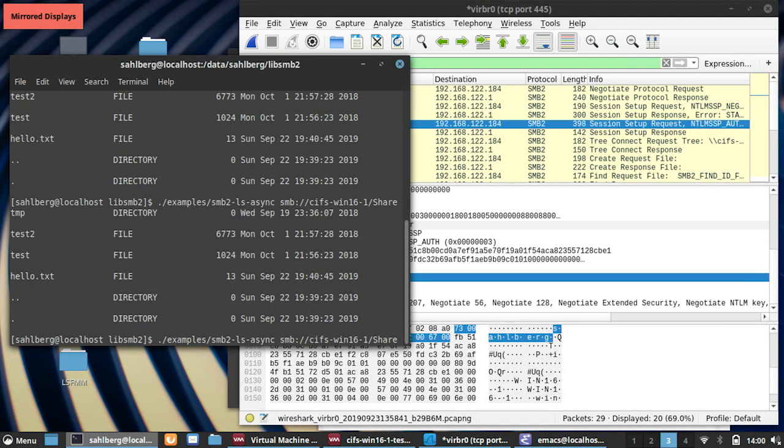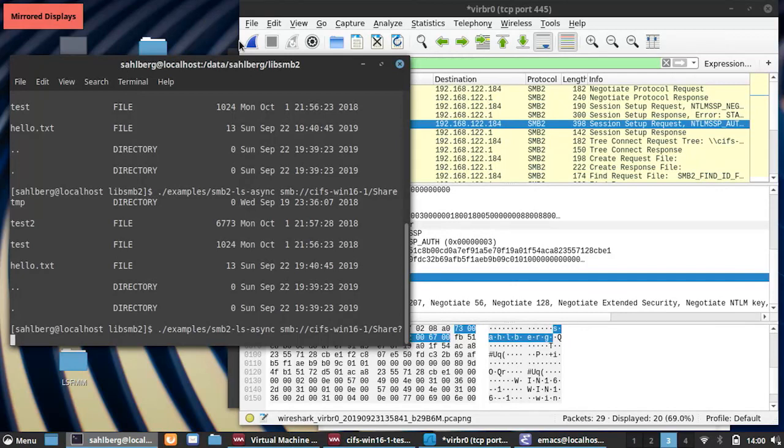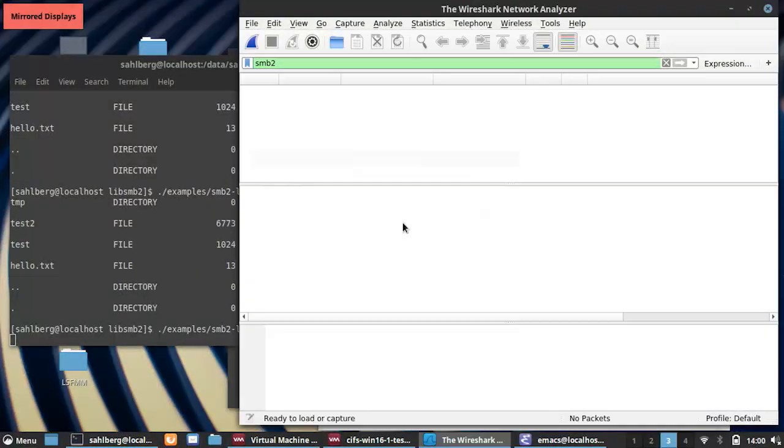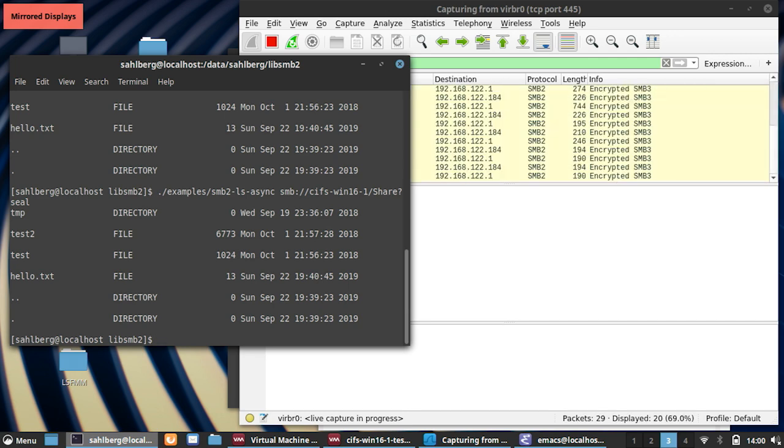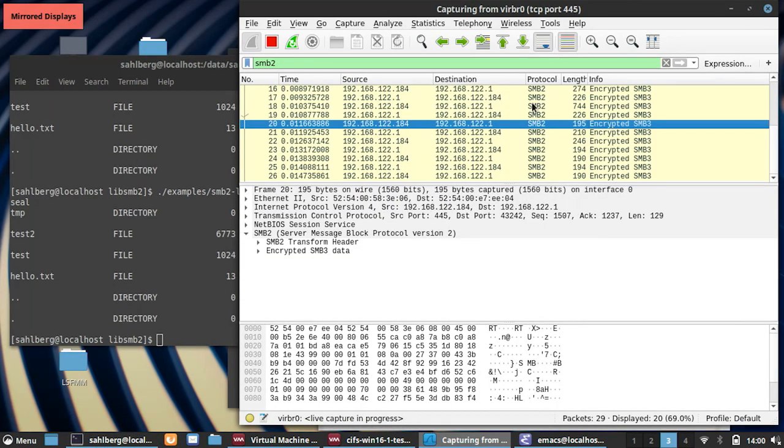Yeah. And as an example, I can show, we can run it again. Now I specify a URL argument here, seal. And we'll see, I get the listing, but everything is encrypted. This should, in theory, allow you to access